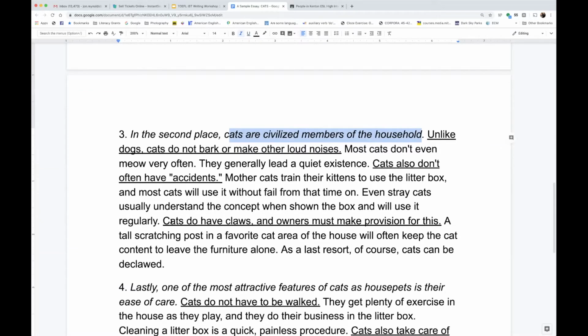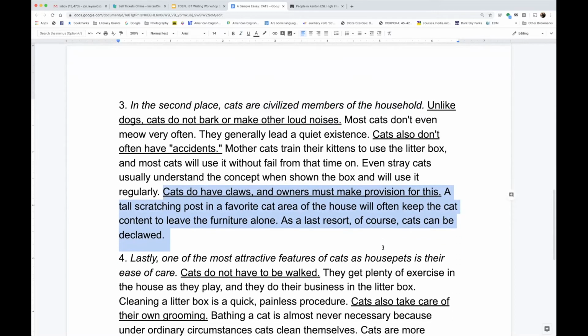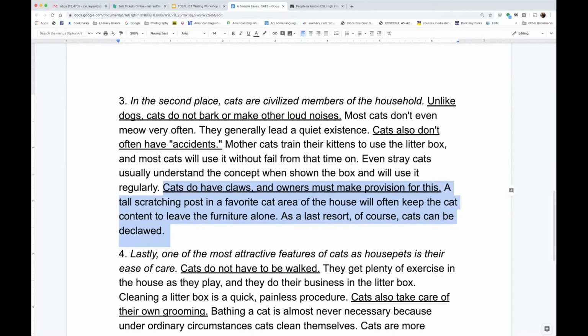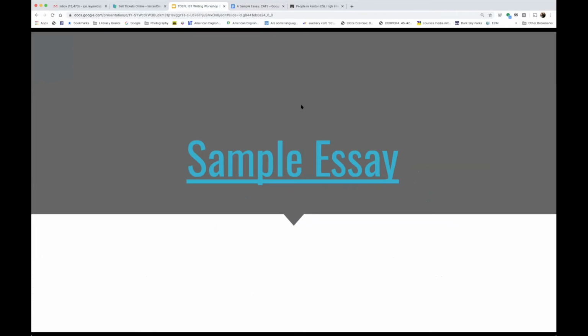And then the last idea that they mentioned about cats having claws, and then they finish the idea by talking about, well, cats can be declawed. So in this case, that makes them more friendly, or at least easier not to destroy your furniture. So again, what I wanted to just show is that when we write an essay,